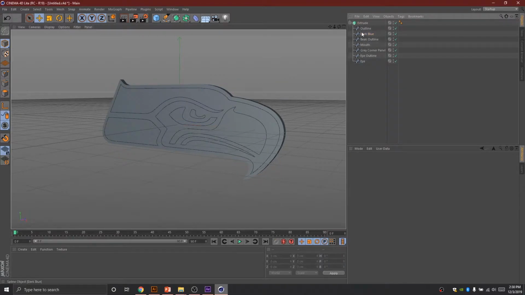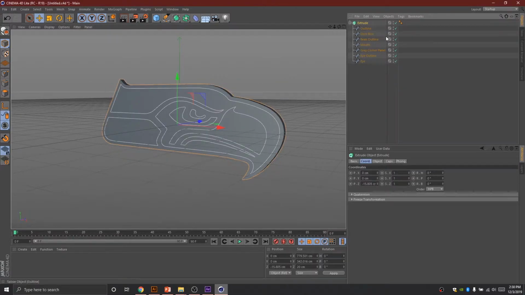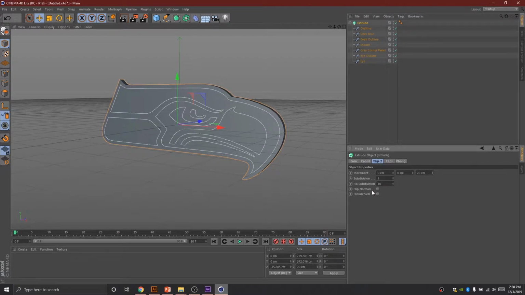So what I want to do is click on the extrude now and go to Object, and I'm going to click this button that says Hierarchical. I want it to have some sort of hierarchy, like it's saying I'm going to extrude this and this and this and this and this and this. All right, but we have one more step here because we still see this like outline or path logo, and we want them all to have this extrude logo, this green